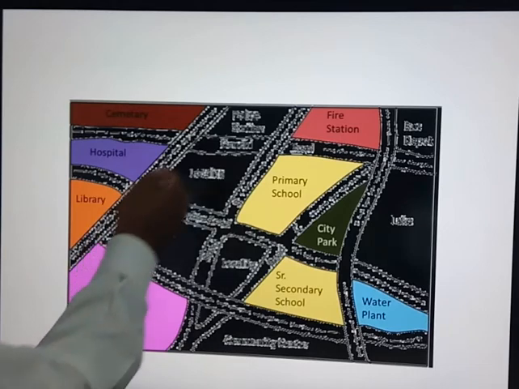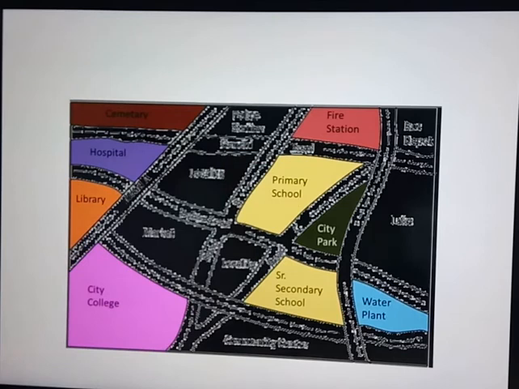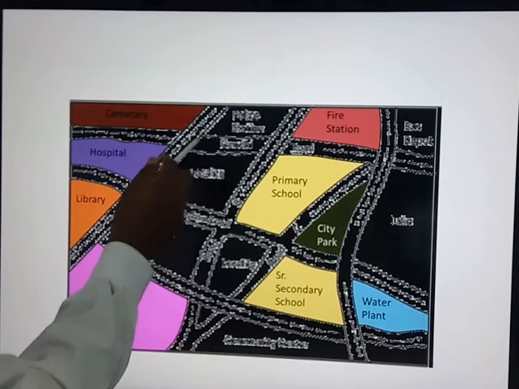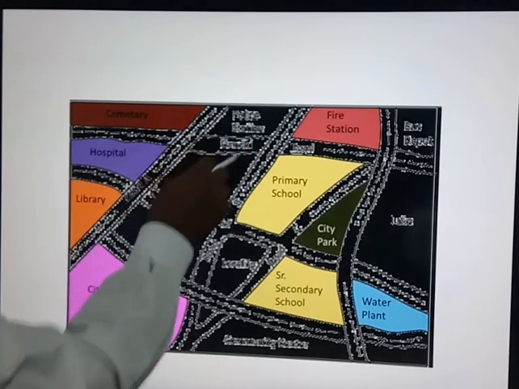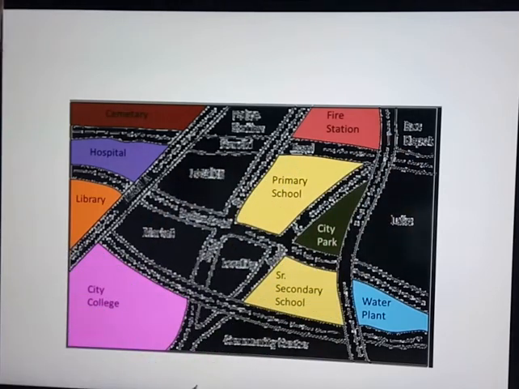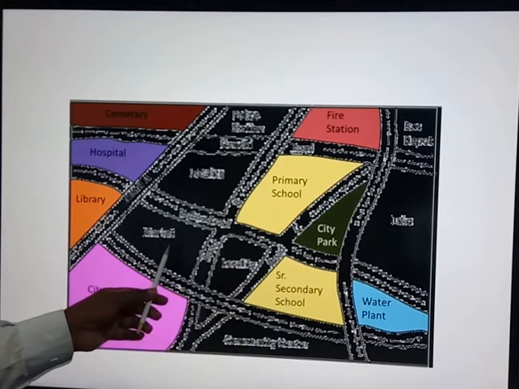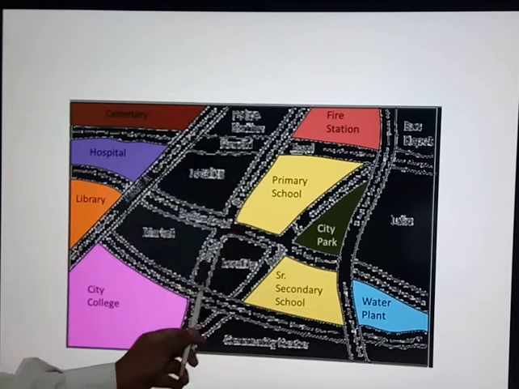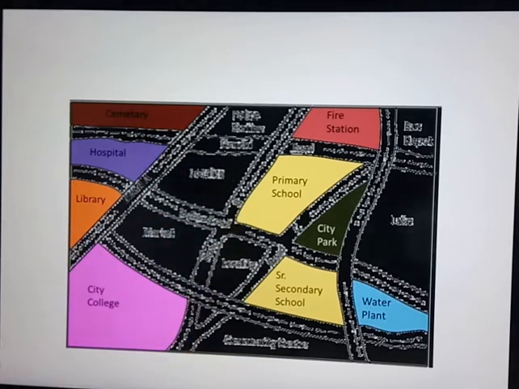Like that you have fire station in red color, hospital, library, cemetery, the marketplaces, and police station. The routes are also given: Gandhi Road, bus depot, communities, corner and a locality. So Nehru Road, Gandhi Road, like that they have given, and you have to mark the color. They have also asked one question: mark X at the intersection of Road C and Nehru Road.